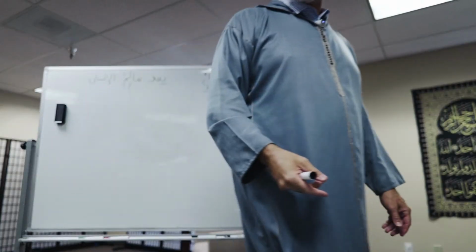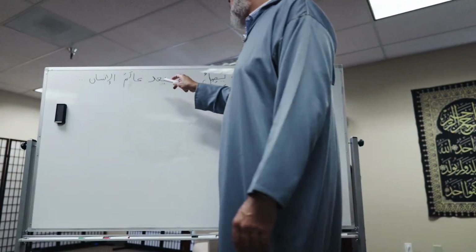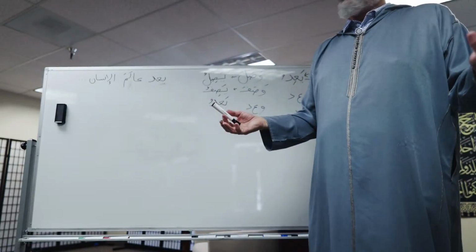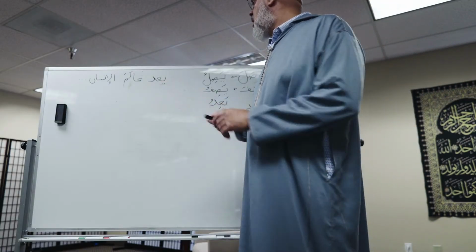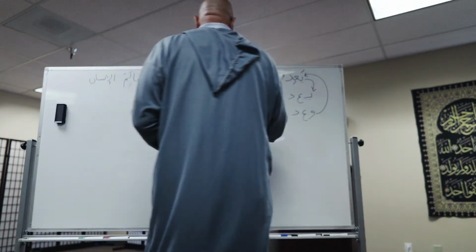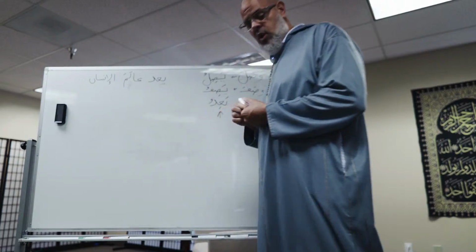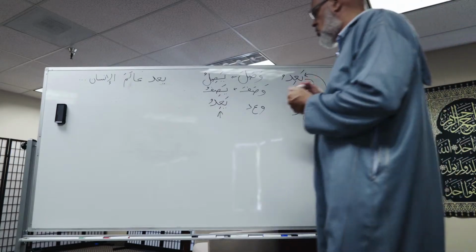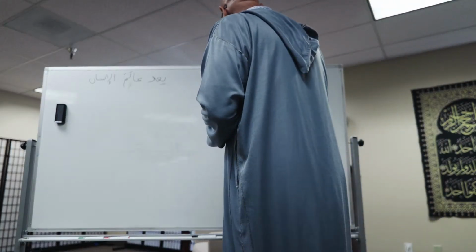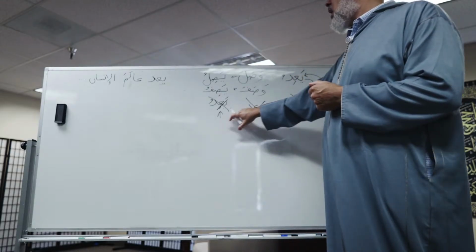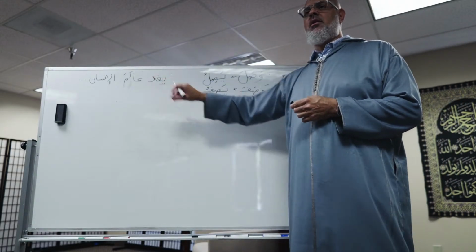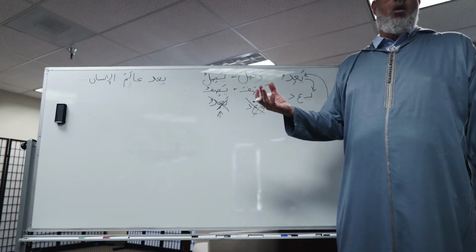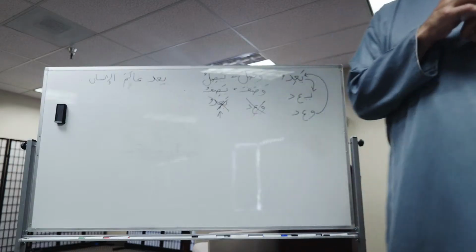Does this make any sense? Does it make any sense for this initial act to be promising? It doesn't make any sense, right? So that this is ya'idu. Now, no. That doesn't make any sense whatsoever. So, right, even if you were to just look up in the dictionary, you said, oh, it's wa'ada, ya'idu, but then when you plug it into the sentence, it's like, okay, he promises the world of human, this doesn't make any sense, really. Allah promises, not that Allah doesn't promise things, but just, again,